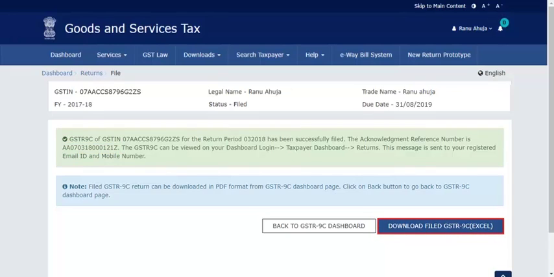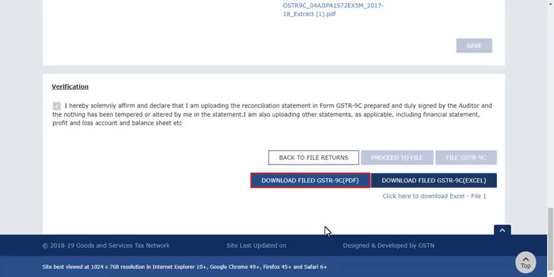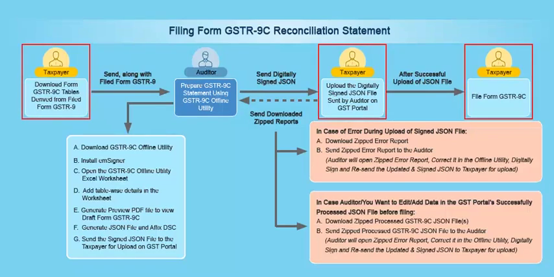You can click this button to download the filed Form GSTR 9C in Excel format. To download the same in PDF format, click this Back button and from this GSTR 9C page, click this button. So you saw how easily you can file Form GSTR 9C on the GST portal.